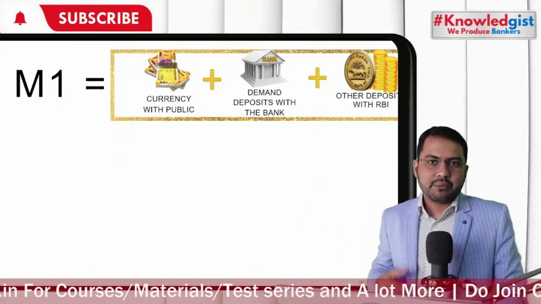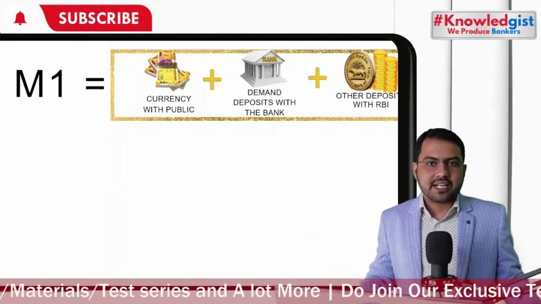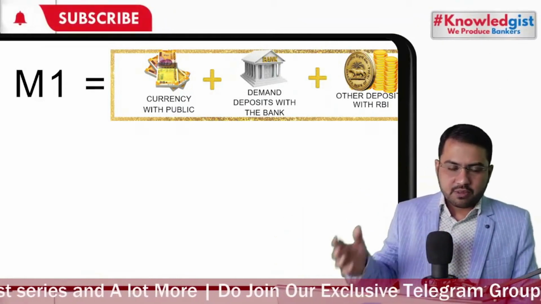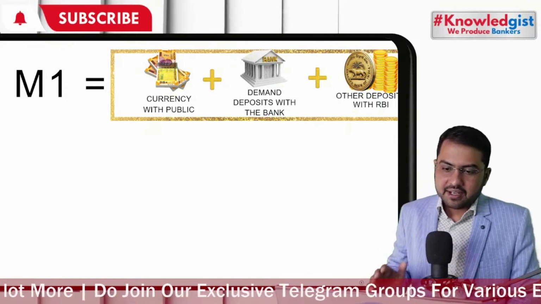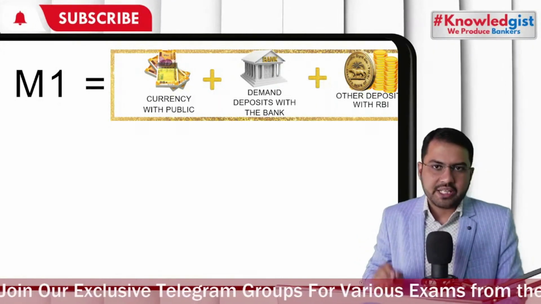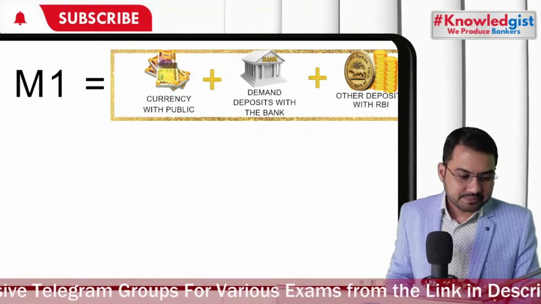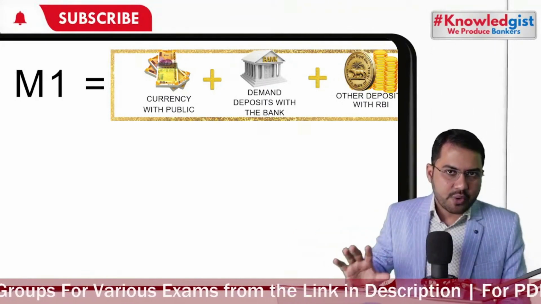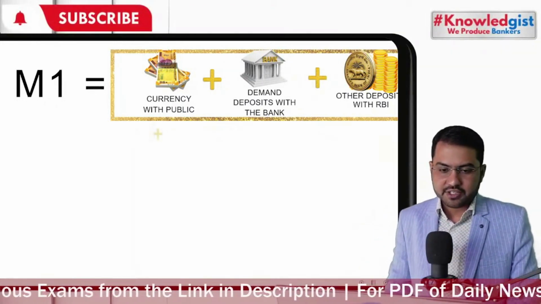So all that money with us is currency with public plus all our CASA deposits in banks plus the other deposits other than the deposits of government, deposits of banks in RBI or all other deposits are treated as M1. Yes, narrow money. M1, M2 are narrow money. M2, M3 are called the broader money. Clear? So why are they called narrow money? Because they are liquid in hand. They are very liquid. M1 is the most liquid type of currency.